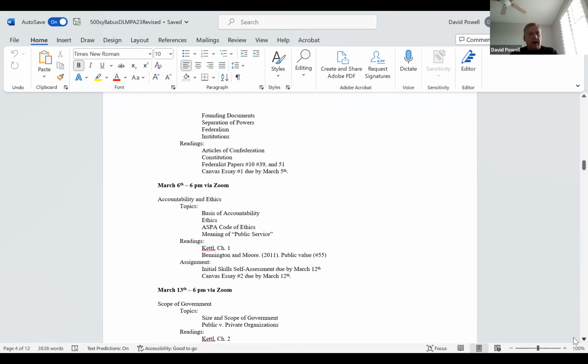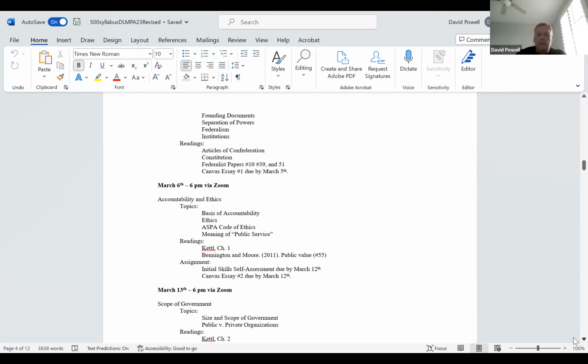And depending upon how quickly we progress through that information, I then have a breakout group assignment that we'll do near the end of class. If we're running long, we can always do that the following week, but we'll see how we proceed in terms of our coverage of American government. And again, what we cover and how we cover it will be based upon how you perform on that pre-assessment